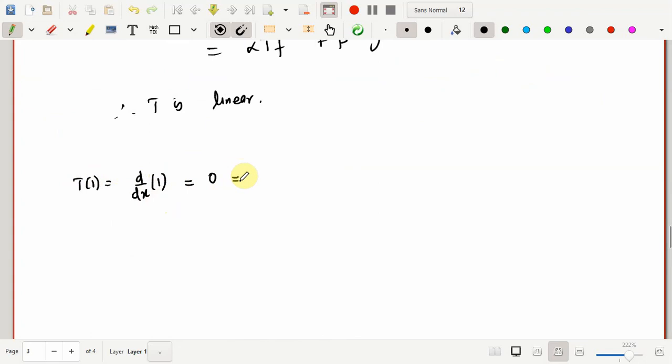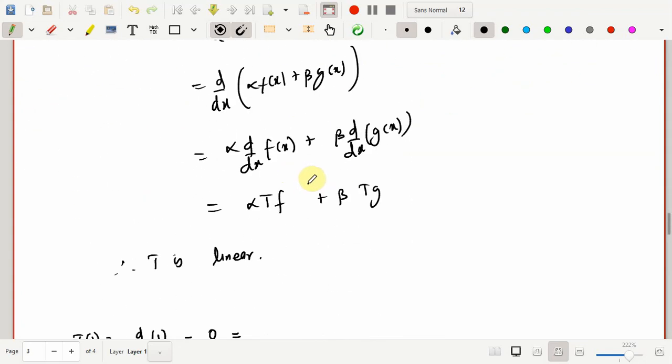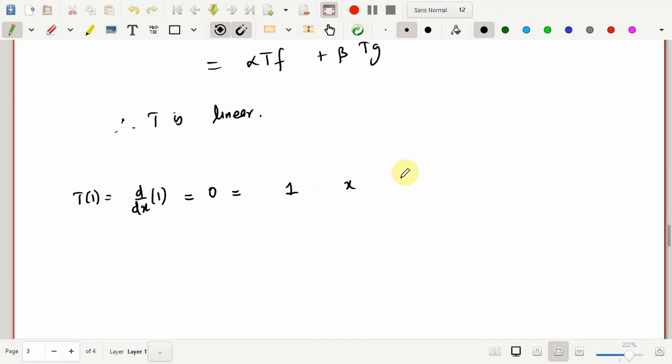So how would you write down this as the sum of 1, x, x square and x cube? You should always write down these elements at the correct places. We want this resultant vector to be 0, so definitely all scalars have to be 0. So this is the first column.